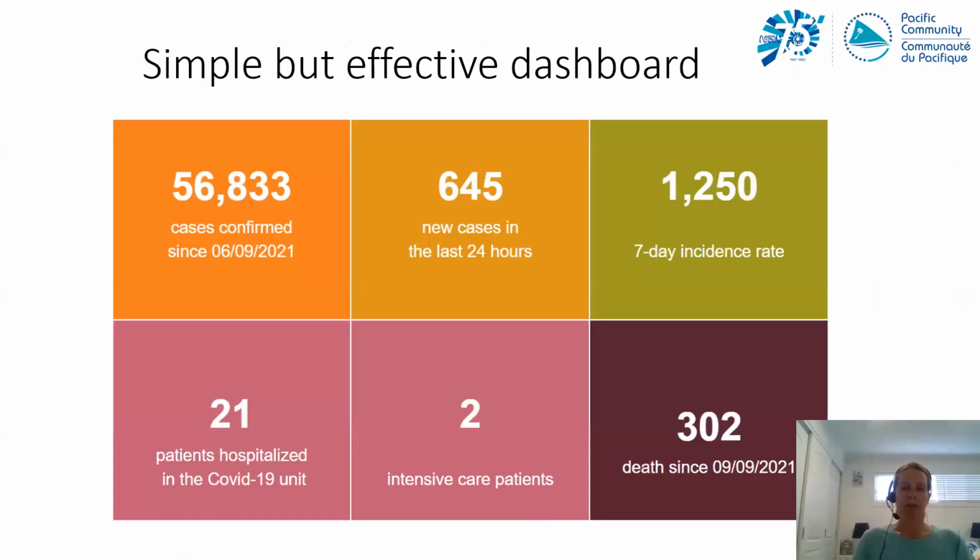This is just another example of how COVID data has been disseminated. You can see it's a very simple 6 boxes, but all the key data's there. And I think it's easy for people to understand. And it's used colour to link relevant related information. So our pinks show us the hospital impacts, and the oranges are our case numbers. So cumulative cases, cases in the last day, and also a 7-day incidence rate.